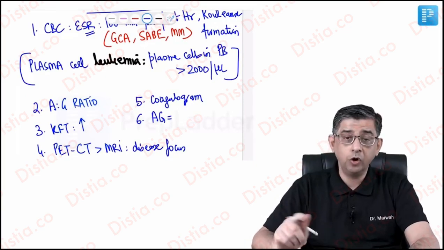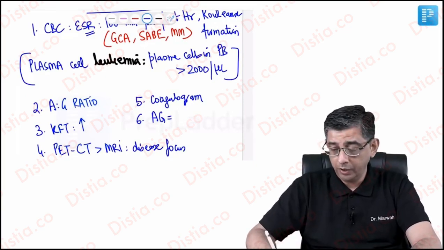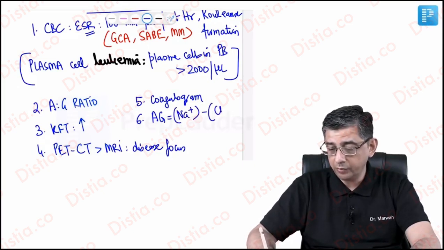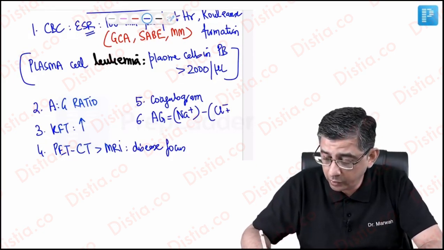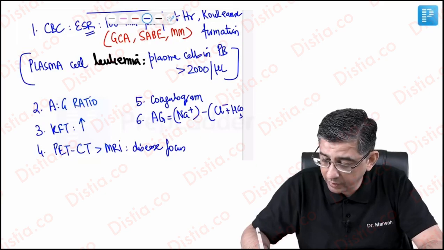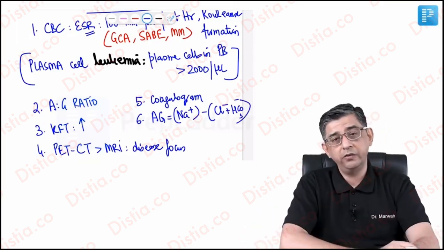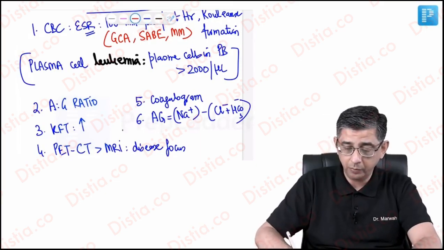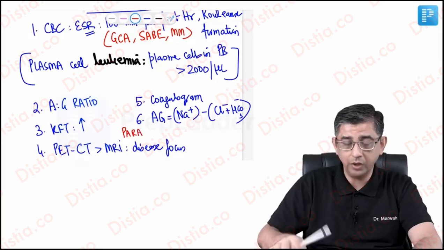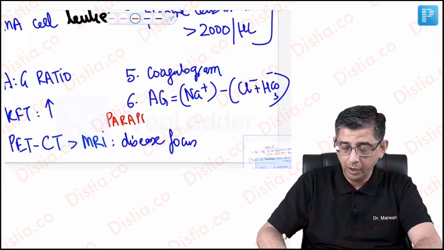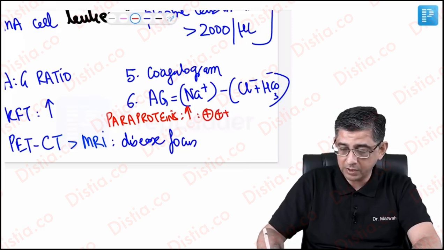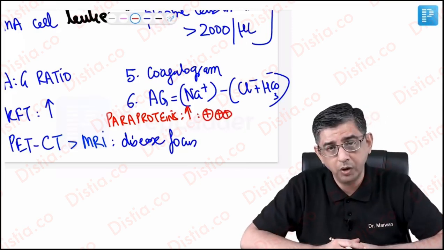Then he would love to trouble you in the options with the value of anion gap. Now let's look at the formula for anion gap once again. It is the positive charges in the body, and from that you will be subtracting the negative charges in the body. Negative would be bicarbonate and chloride. Now my point is that in these patients it is paraproteins which are elevated. Now whatever I'm writing at the moment, please don't note down, just listen to the mathematics here. Paraproteins are elevated, which means that there's going to be more positive charges in the body. I put a lot of plus signs here to say positive charges in the body is more.